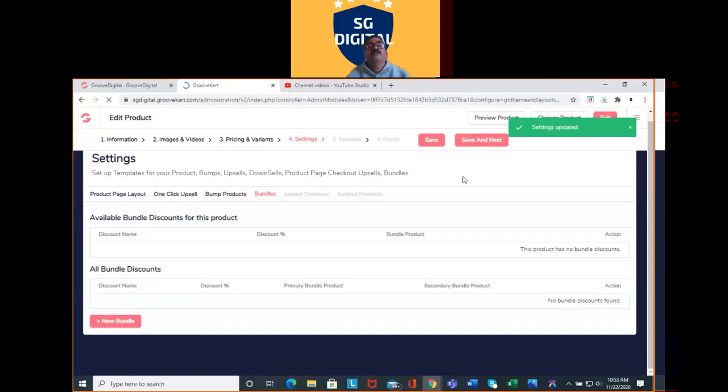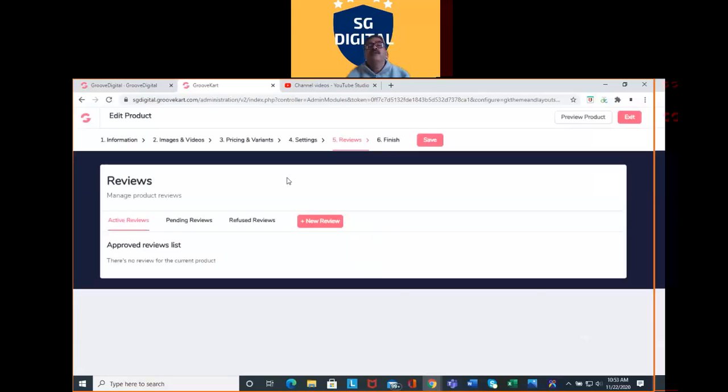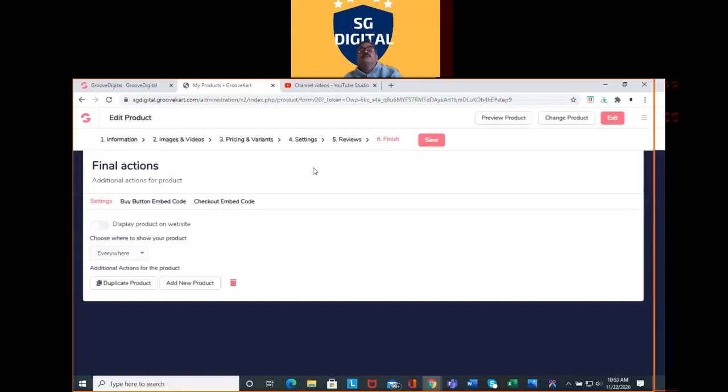So these are the settings. Review section. Now we don't have any review, so if there is a review, you can put the review section here. Then this is the display product, buy button, embed code, checkout embed code, display product on website, we have put here. This is the final action.